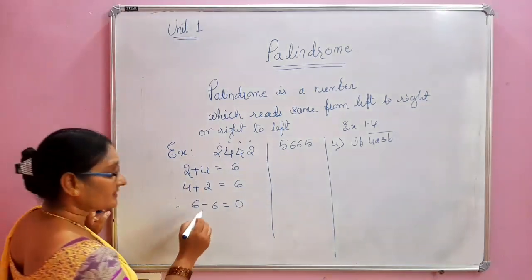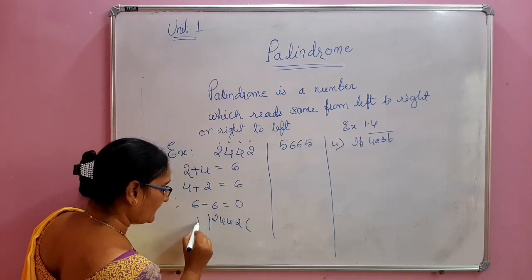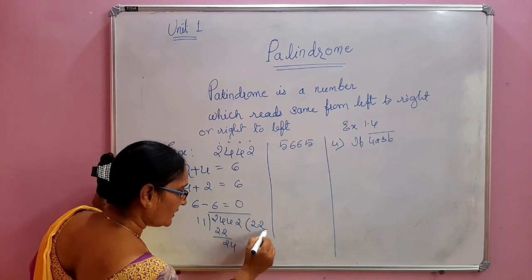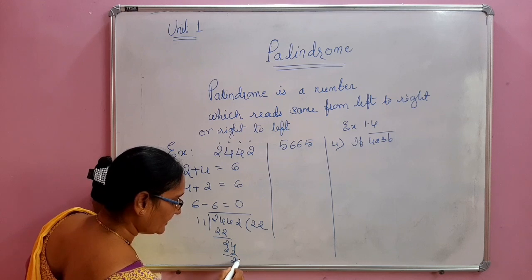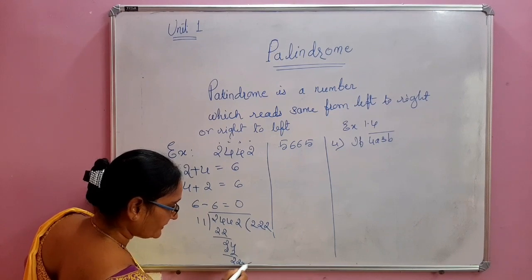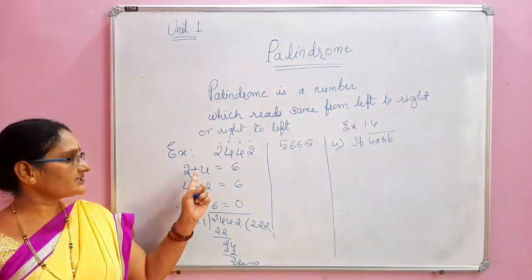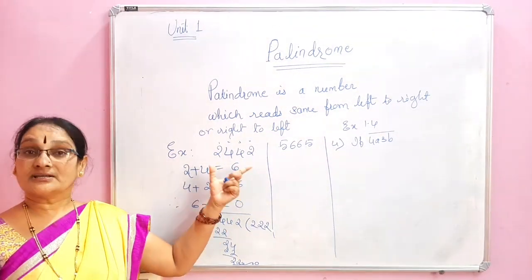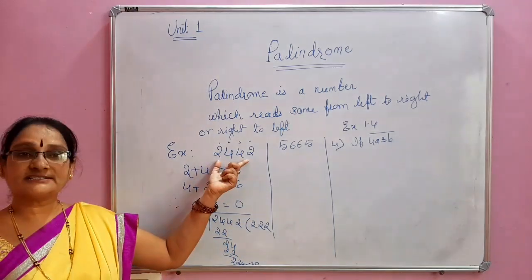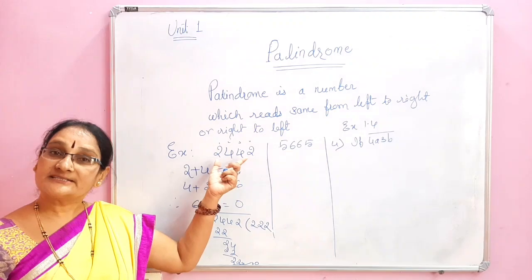Yes, let us verify this number, 2442, whether it is divisible by 11 or not. 11 twos are 22, 2 remains, 24. 11 twos are 22, again 2 remains, take 2 down, 11 twos are 22. Here see, 0, 0. That means that without doing the actual division, just by doing this test, we can say that the given number is divisible by 11. That means that 4-digit palindromes are divisible by 11. This is a 4-digit palindrome, and it is divisible by 11.